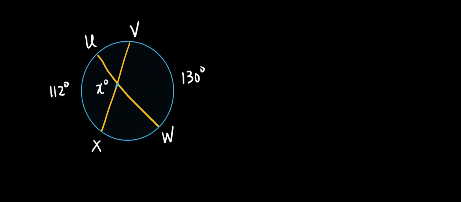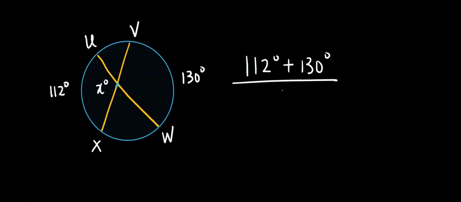How do we find the angle measure for this variable x? Very simple. All we need to do is add these two given measures and then divide by 2. 112 plus 130 gives us 242. Divided by 2, we have